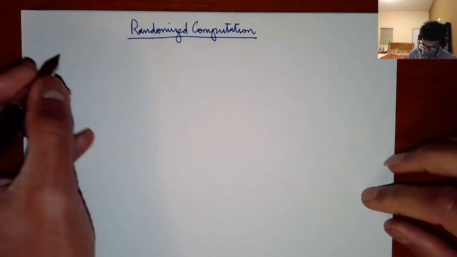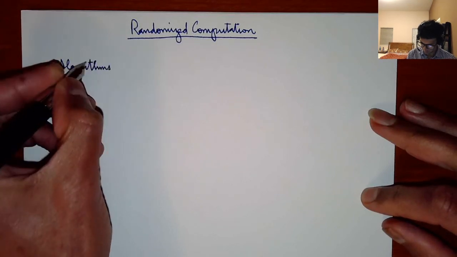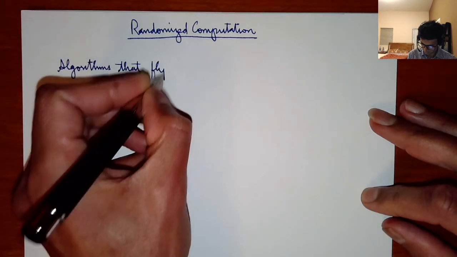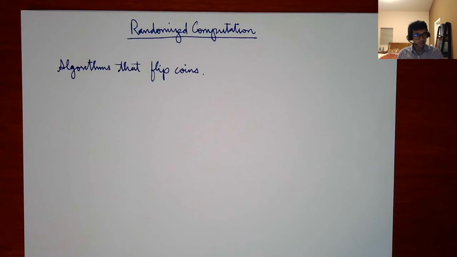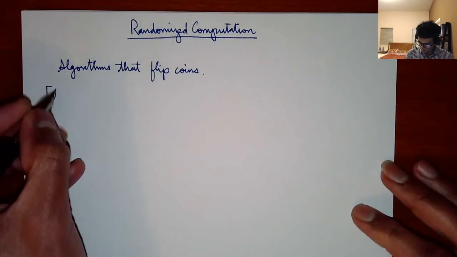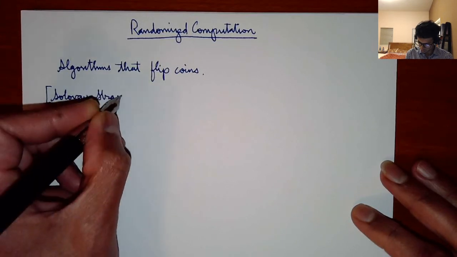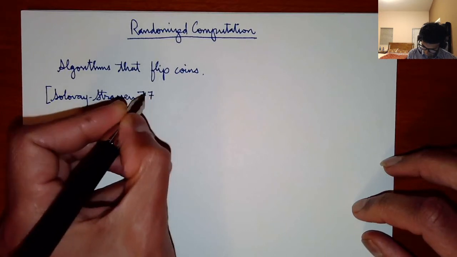So these are algorithms that flip coins. Now, the best introduction to randomized computation is through an example, and I'm actually going to start with the classic example of a randomized algorithm, and this is by Solovay and Strassen in 1977,